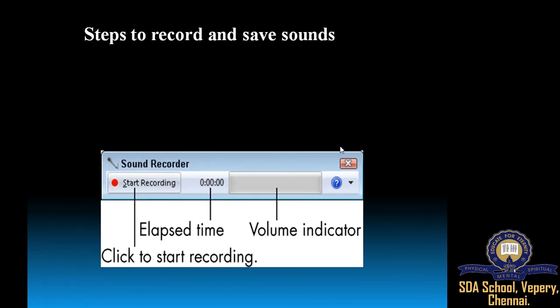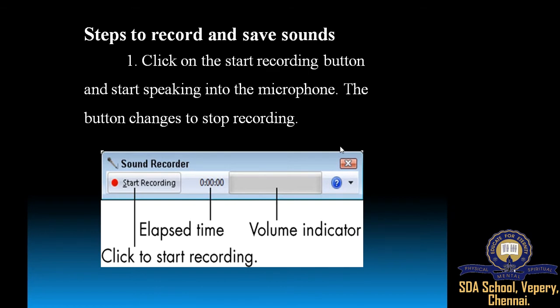Next, we move on to the topic: what are the steps to record and save sounds? How to record a voice and how to save the sounds. The first step is you have to click on the start recording button and start speaking into the microphone. The microphone is one of the main sources during the recording.